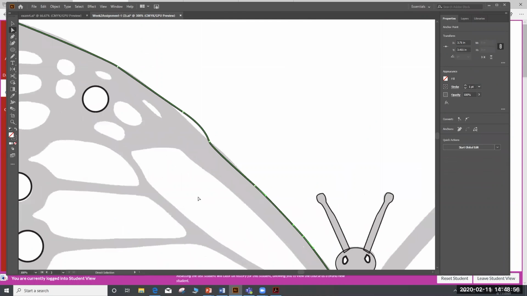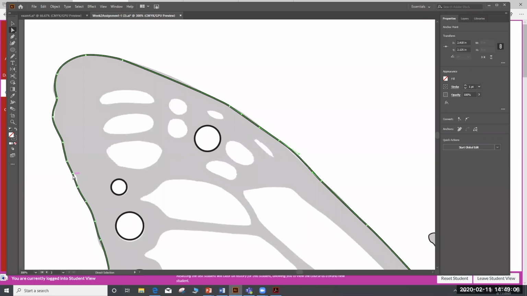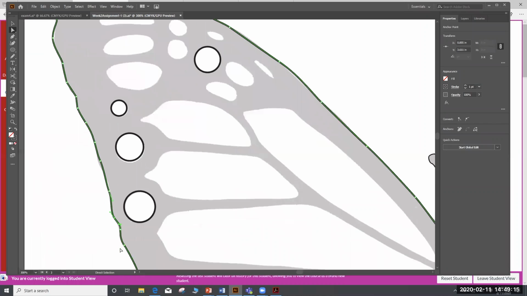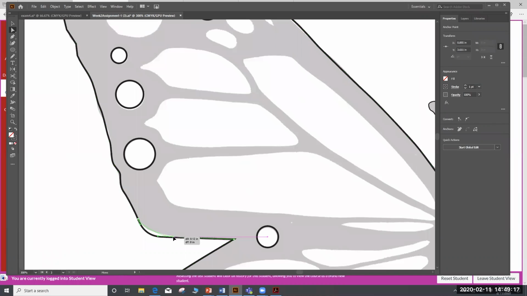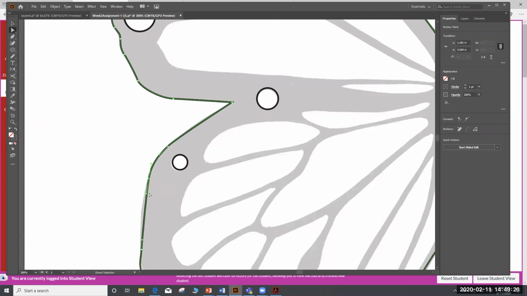Now, if you want to do the pencil tool here or the curvature tool or even use the shape tool more, that's fine. You can make those decisions as you are drawing, depending on your drawing style, how your workflow is going. I kind of think it's easier this way, so if you want to try this way, go ahead. If you want to try another way, that's fine too. You just want to make it look like the background drawing,